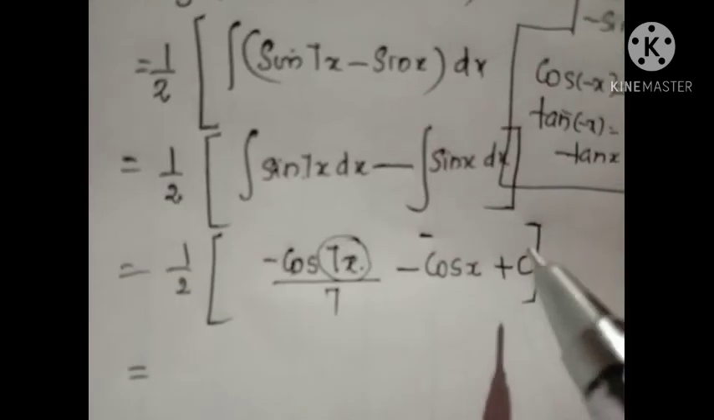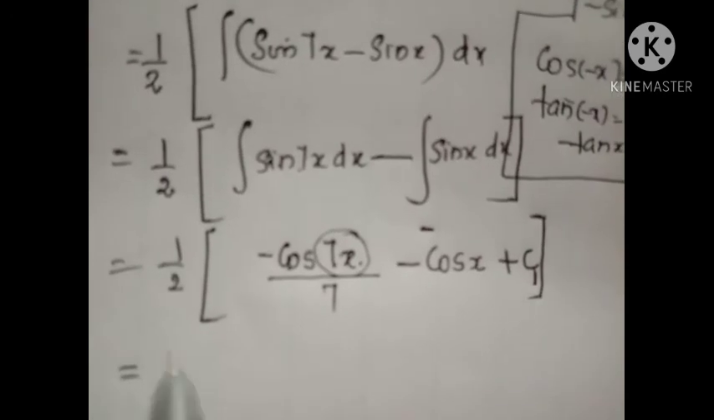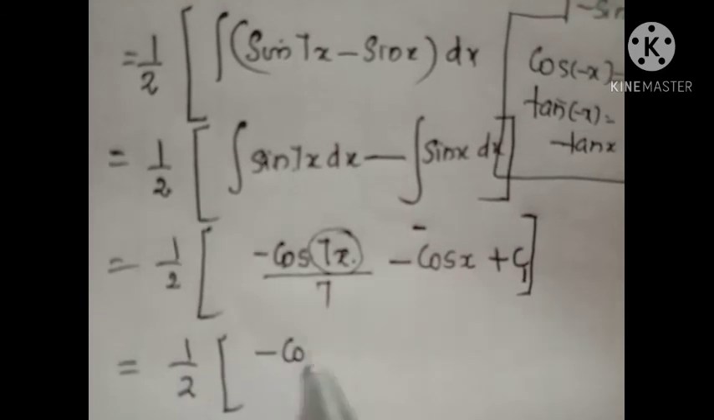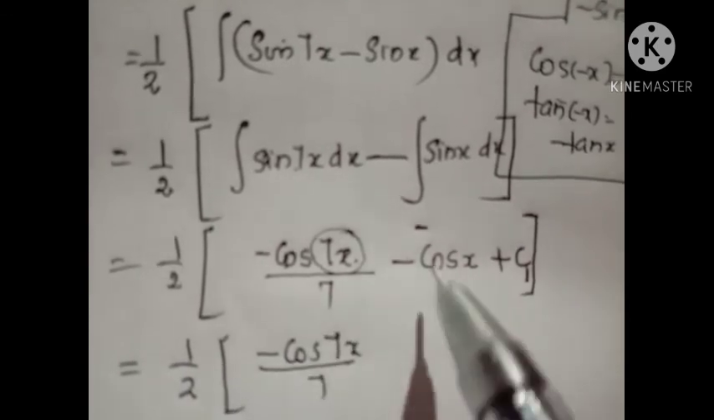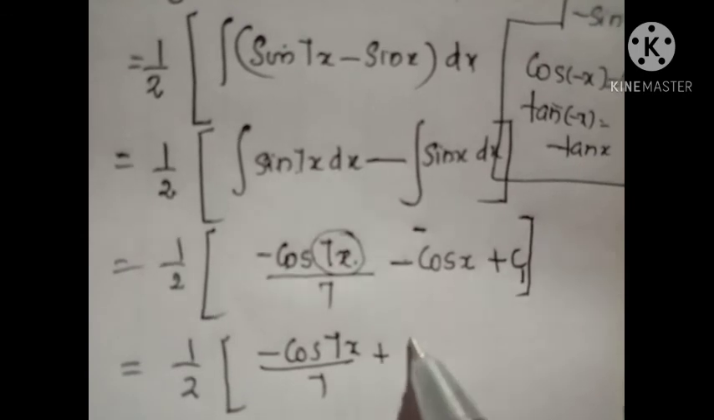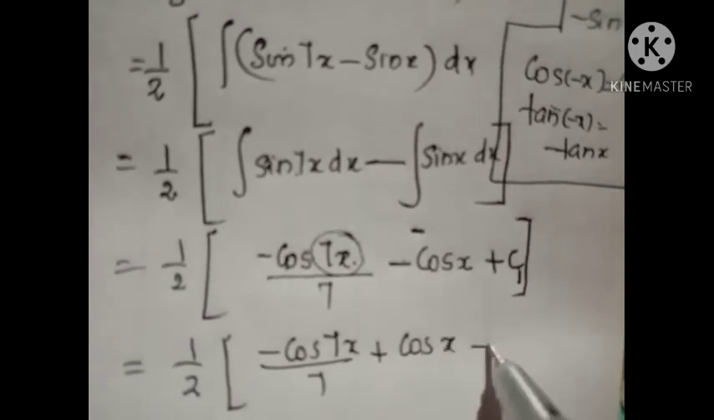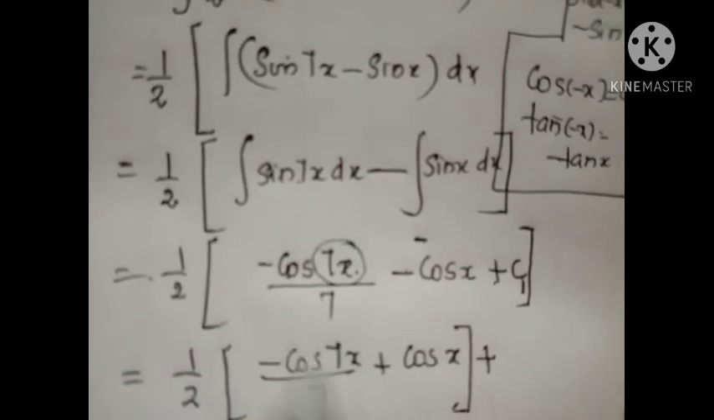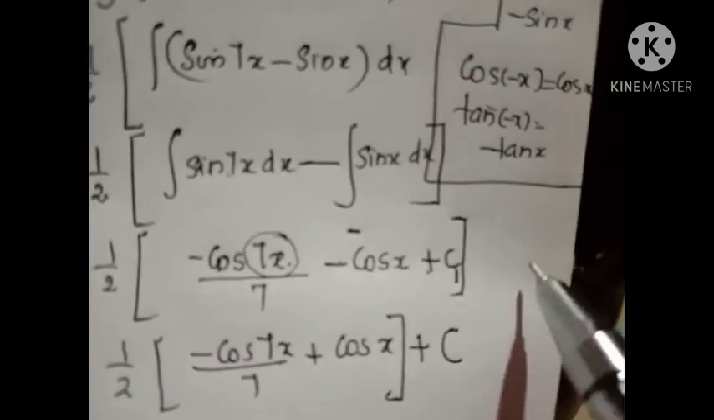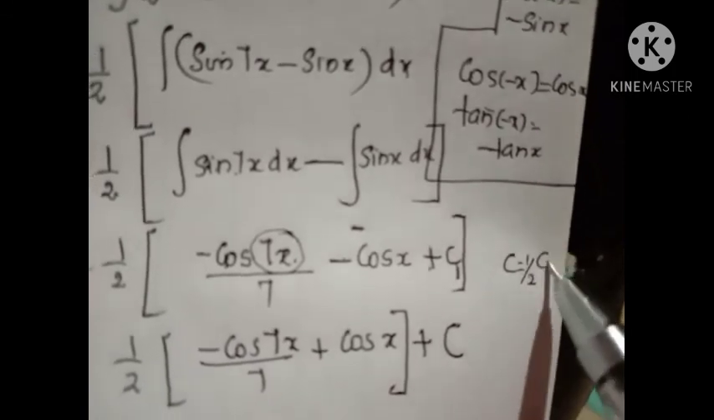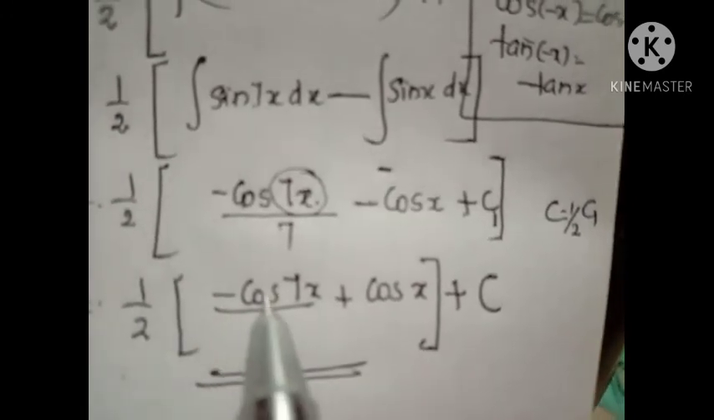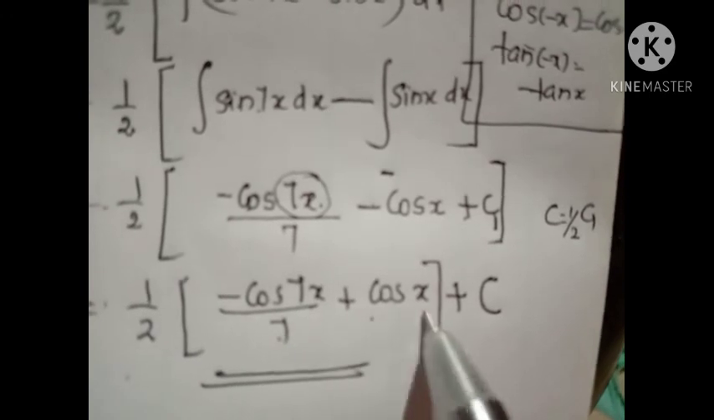Now we can write, let us take this as C1. So 1 by 2 into this becomes minus cos 7x by 7. Minus into minus becomes plus cos x, plus. Now this is half into C1. So we can write this as C, where C equal to half into C1. Or otherwise you directly write C itself. Okay, no problem. So anyway, the answer is 1 by 2 into negative cos 7x by 7 plus cos x plus